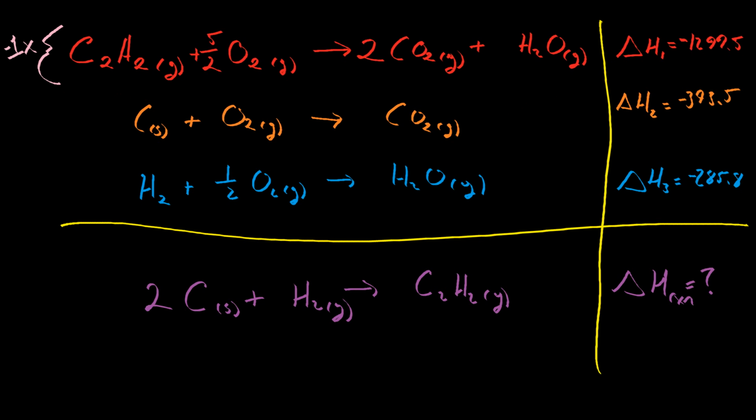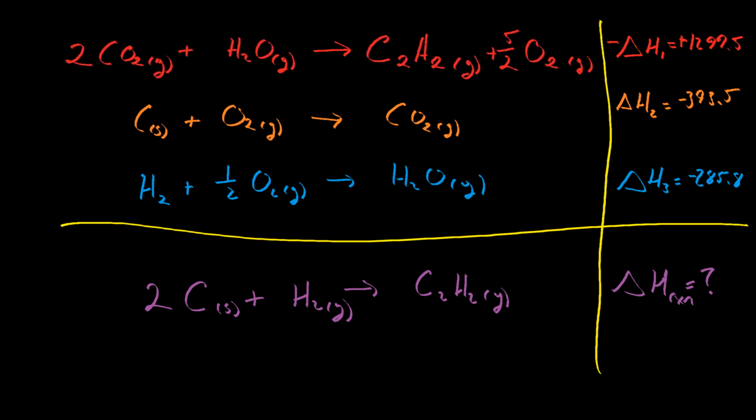When you do that, you also end up multiplying the enthalpy change by -1. The enthalpy change for the reverse reaction is just the negative of the enthalpy change for the forward reaction. If you go to the right 5 meters, then the reverse means going to the left 5 meters, or going negative 5 meters to the right. So when we look at this particular reaction, it's going to change, because we multiply by -1, to 2 carbon